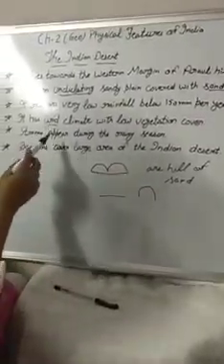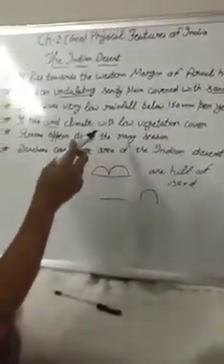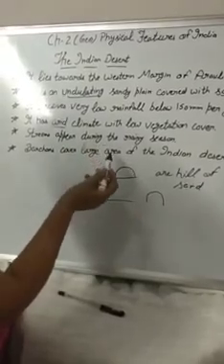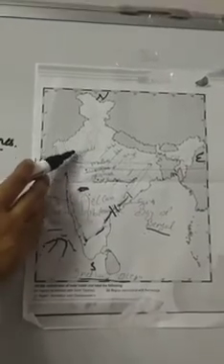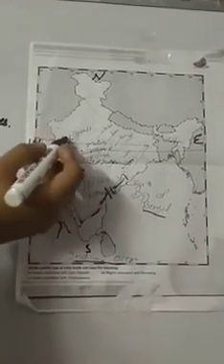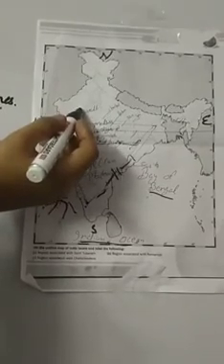The next feature of the Indian Desert is that streams appear during the rainy season, but due to less rainfall and scarcity of water, they disappear. Now see, other rivers like the Narmada drain into the Arabian Sea, and the Ganga and the Mahanadi drain into the Bay of Bengal. But the streams we find in the desert do not drain into the Arabian Sea or the Bay of Bengal, because they are short in length, and due to scarcity of water and less rainfall they get absorbed in the sands. Only the Luni is the largest river of the Indian Desert.